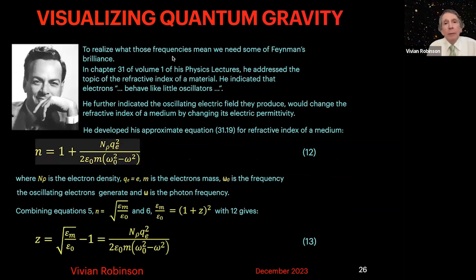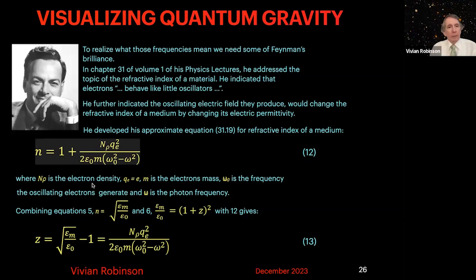To realize what those frequencies mean, we need some of Feynman's brilliance. In chapter 31 of volume 1 of his physics lectures, he addressed the topic of the refractive index of a material. He indicated that electrons behave like little oscillators. He further indicated the oscillating electric field they produced would change the refractive index of the medium by changing its electric permittivity. He developed his approximate field equation, which is 31.9 for the refractive index of a medium, as this,